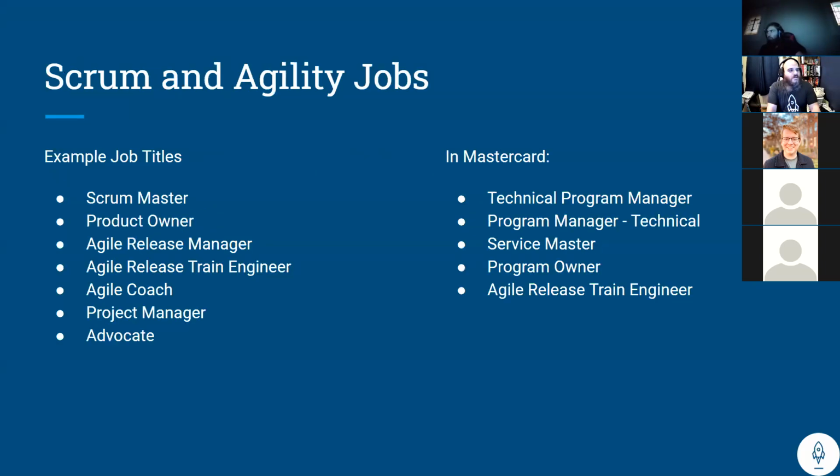All right, cool. I threw these in here just so you know what the titles are for Scrum and Agility, if any of you are interested, even though I went through this super fast. Scrum Master, Product Owner, Agile Release Manager, Agile Release Train Engineer, Agile Coach, Project Manager, Advocate are all examples of job titles. My job title at MasterCard for these roles is Technical Program Manager. There's also Program Manager Technical, which is surprisingly a completely different job. Scrum Master is our dedicated team level guy. Product Owner is kind of our assistant program manager, and then Agile Release Train Engineer,